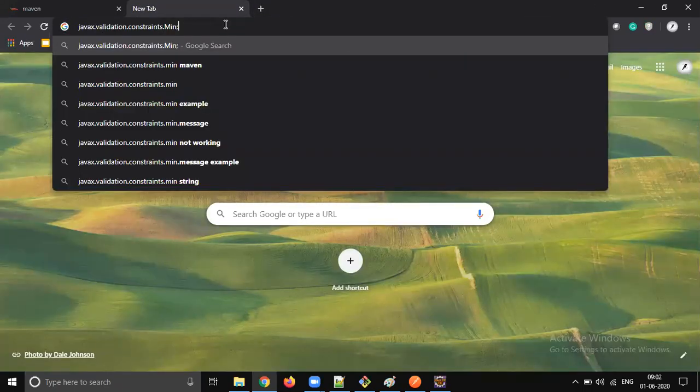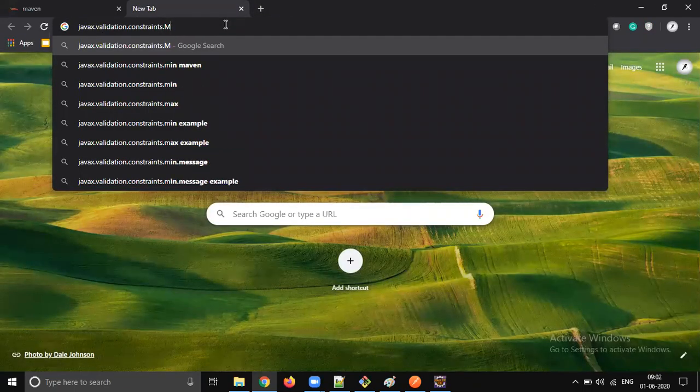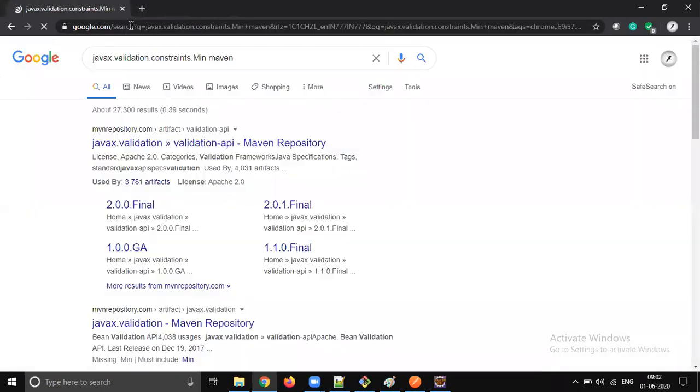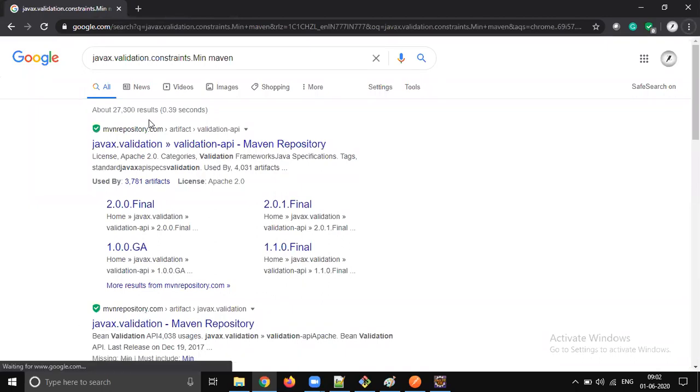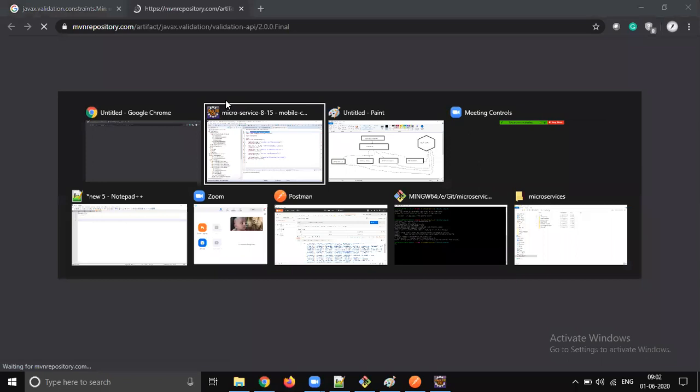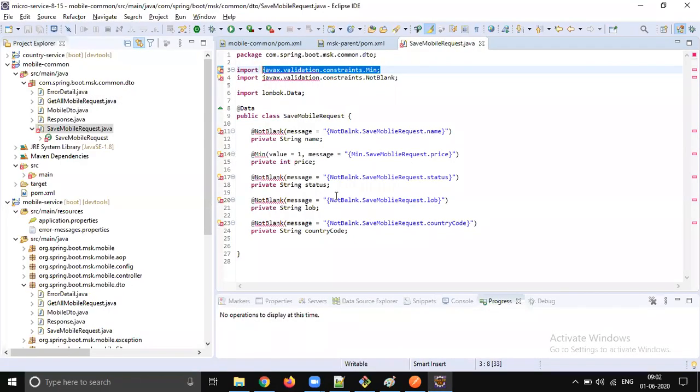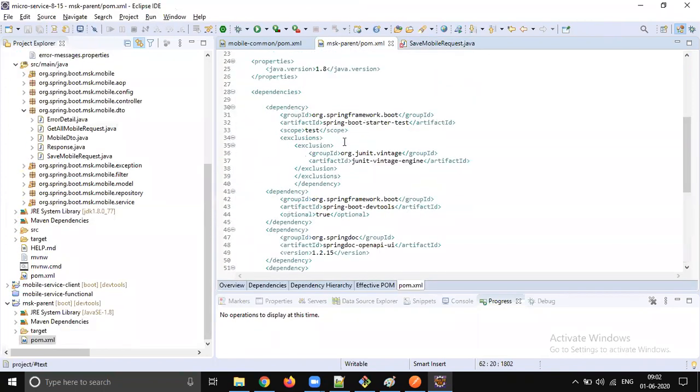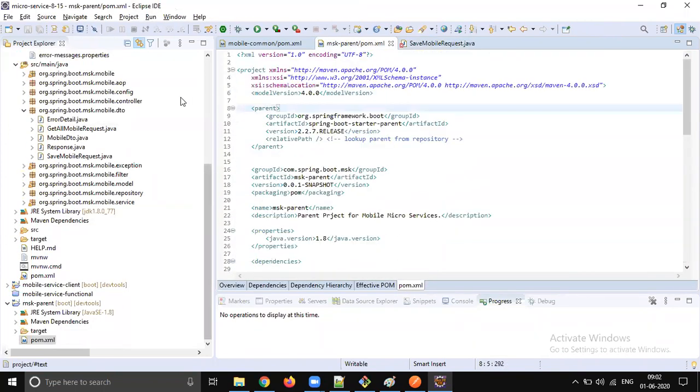So we'll get the corresponding jar. Or else we will do one thing. This entire snippet is already available, right? Okay. So all these jars are already available in the parent. So let's get the parent.